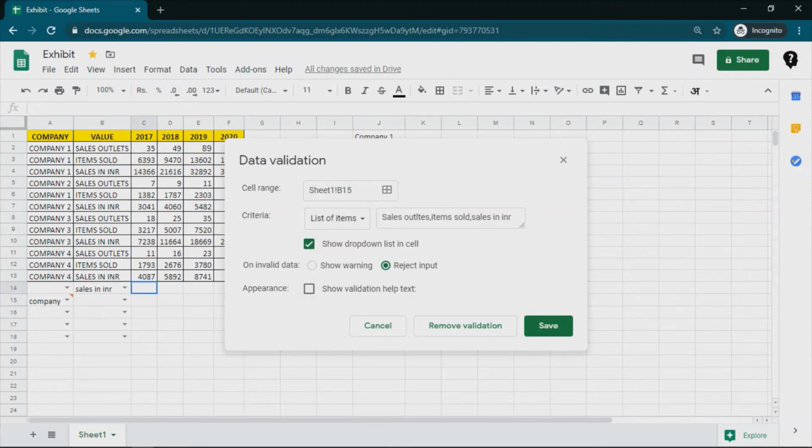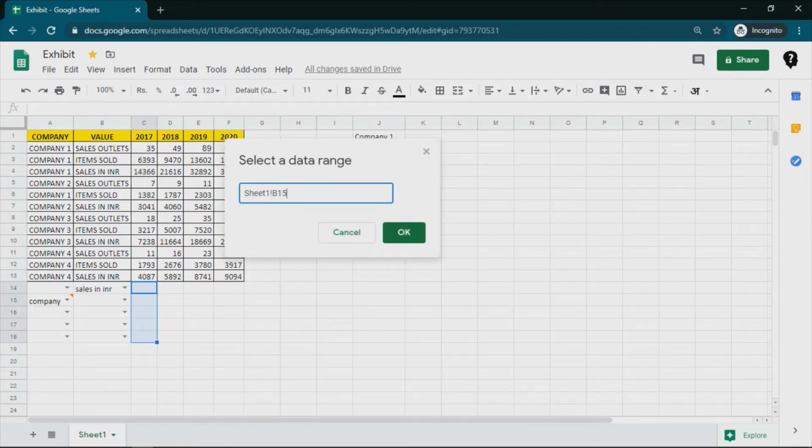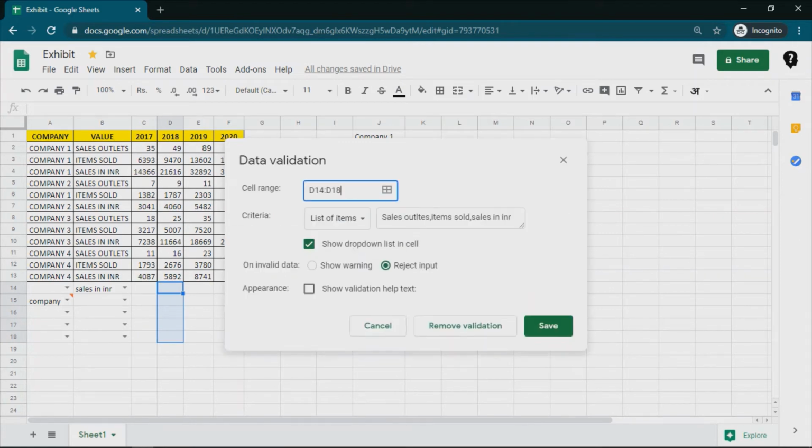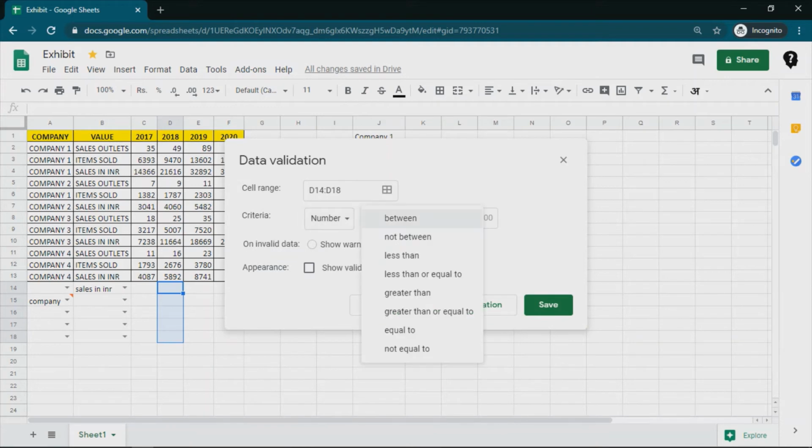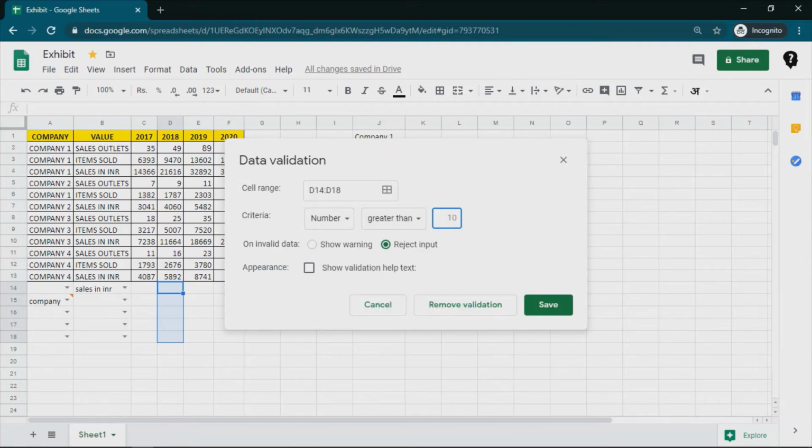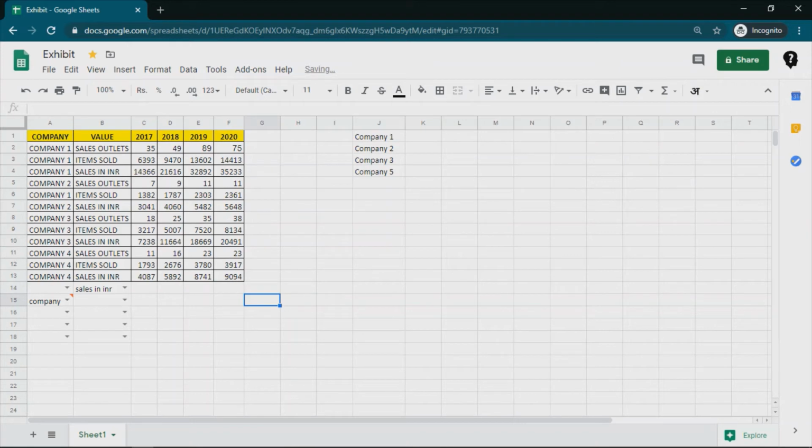Okay, let's move ahead. Let me select another range. Okay, then we have number. So let's say greater than 0. Okay, and reject input, I'm keeping this in. Okay, now what will happen here? Now there is no text appearing or any drop downs appearing.